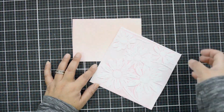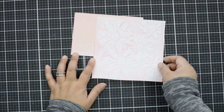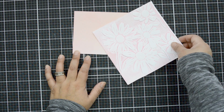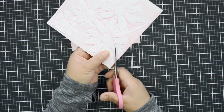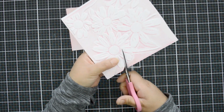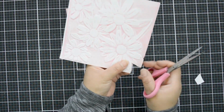So now here is the fun part. Like I said, I want to add dimension. I don't want to use the entire card. I think it's going to be a little bit too much. I want to have a little bit of negative space where I can add my title. So the best way to do that is I'm going to cut out the florals, but I'm not going to fully cut them. Going carefully, I'm just going to take all the leftover paper from the side of the embossing of the big complete